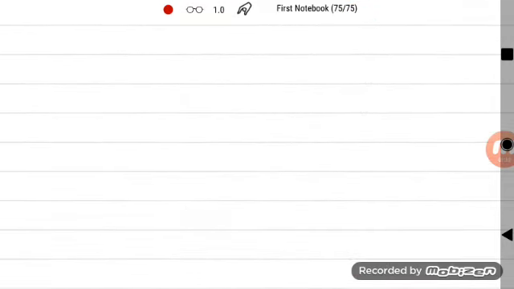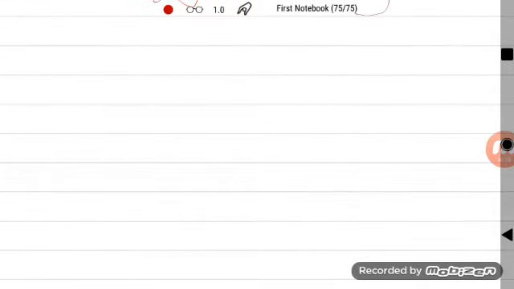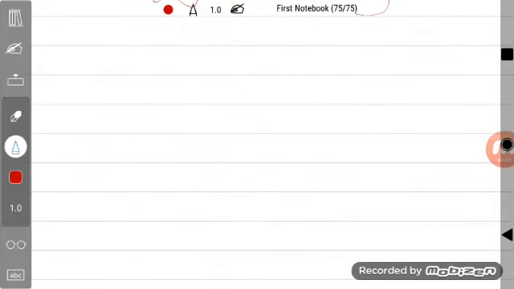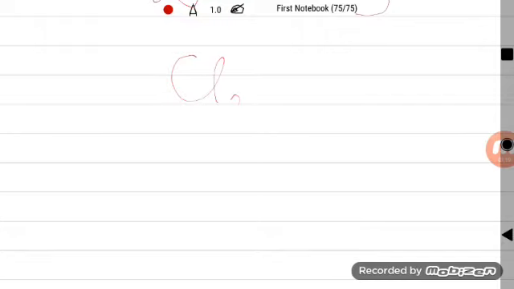Like Cl2. So what is the atomicity here in case of Cl2, chlorine gas? So of course two atoms are constituting this one molecule of chlorine, so it will be 2. The atomicity is 2. Then in case of sulfur S8, what is the atomicity for sulfur in this part? It is 8. So basically it is the number of atoms present in a molecule.